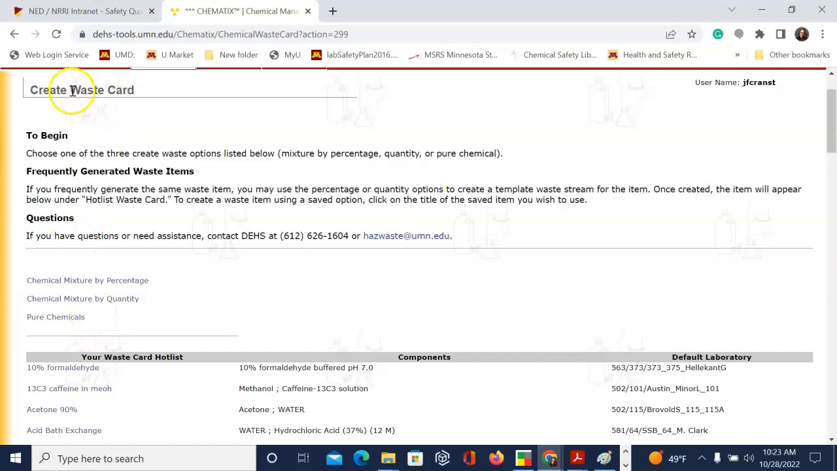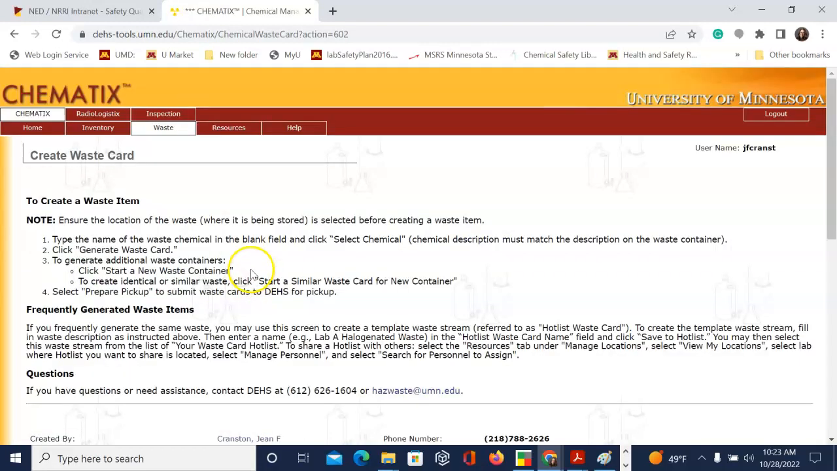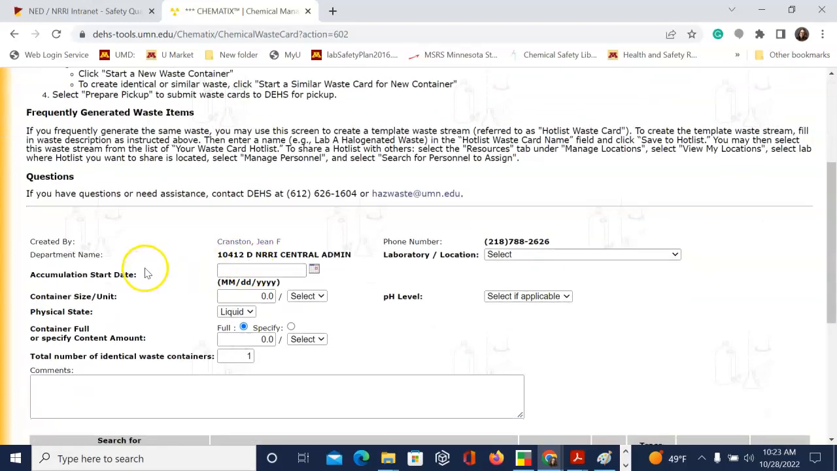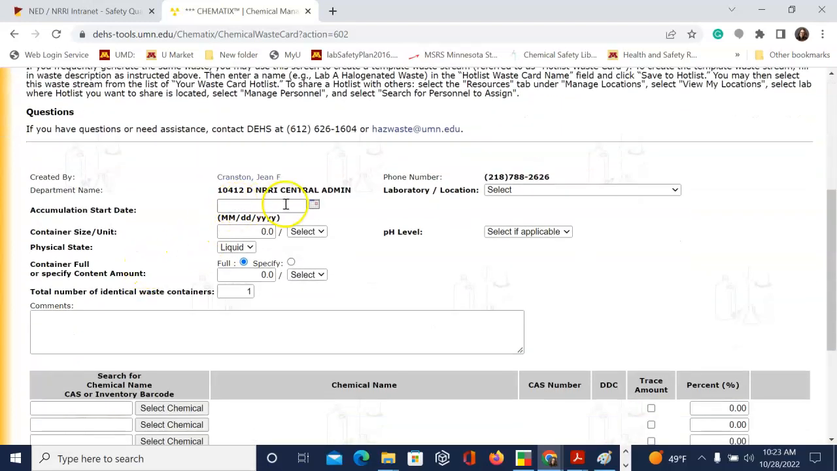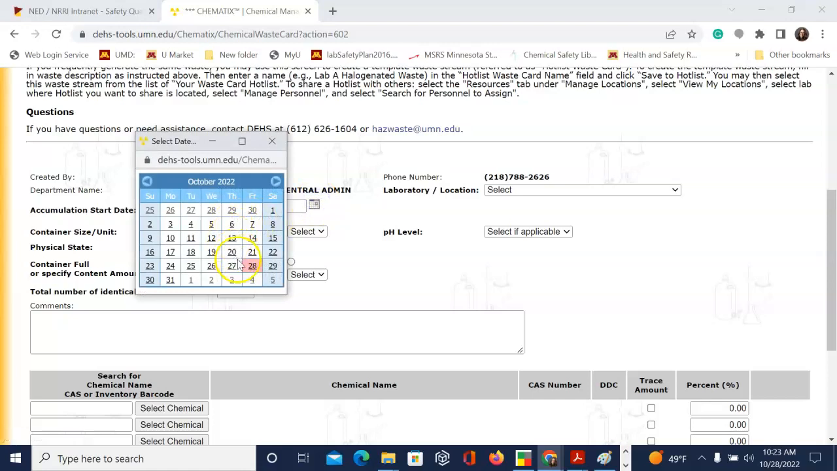And then when you get into create a waste card, you'll see three options: chemical mixture by percentage, chemical mixture by quantity, and then pure chemicals. Pure chemicals are pretty straightforward, and usually folks are using the chemical mixture by percentage, and we're going to use that as an example. The first part, you're going to look and make sure all of the proper information is